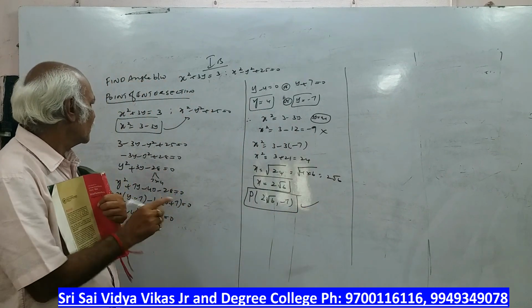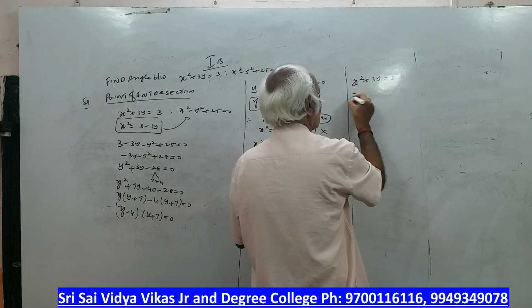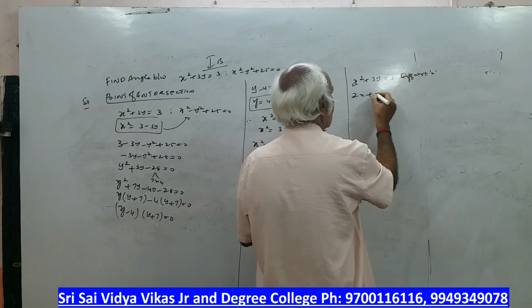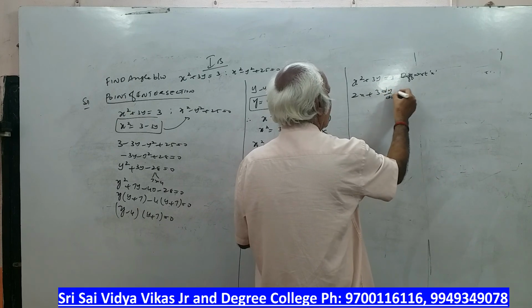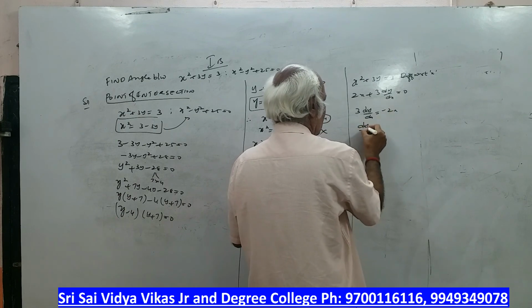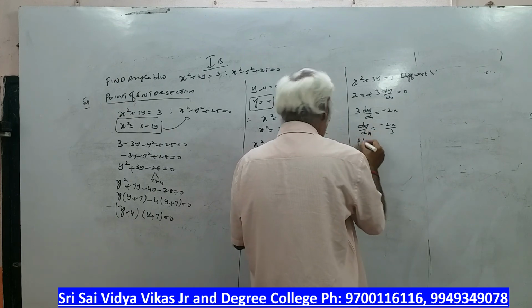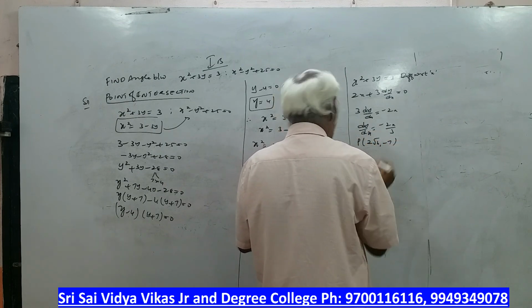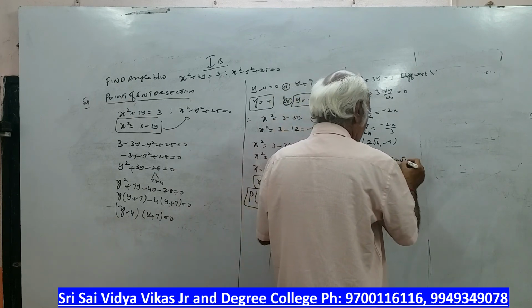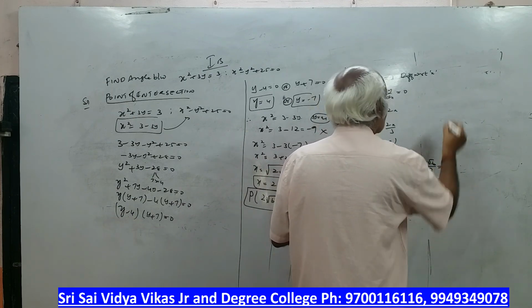Next thing is, we have to find the derivatives now. Okay, so 2x, differentiate with respect to x: 2x plus 3 into dy by dx is equal to 0. 3 into dy by dx is equal to minus 2x, dy by dx is equal to minus 2x by 3. What is the point? 2 root 6 comma minus 7. Therefore, dy by dx is equal to minus 2 into 2 root 6 by 3, which is minus 4 root 6 by 3. This is m1.